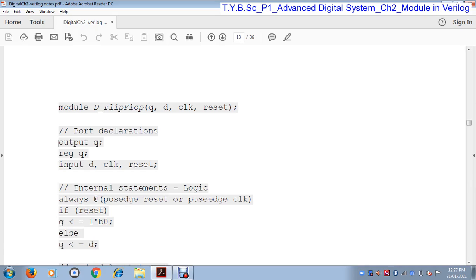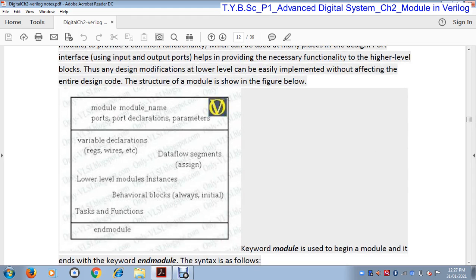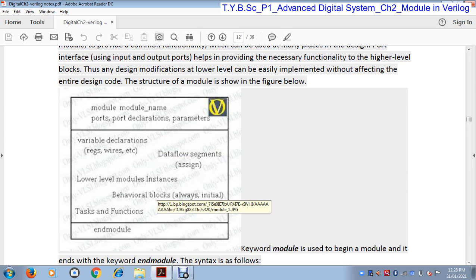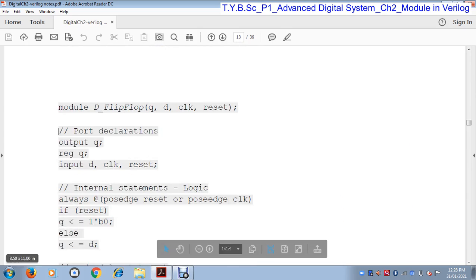This is the output port, this is the input port, and our output Q is a register data type, because flip flop is a memory element. So the output is stored in a Q variable. Therefore here we define Q as a register data type. Okay. Now these are the behavior or logical operations. Here we define variables. Now the data flow statement behavior block.